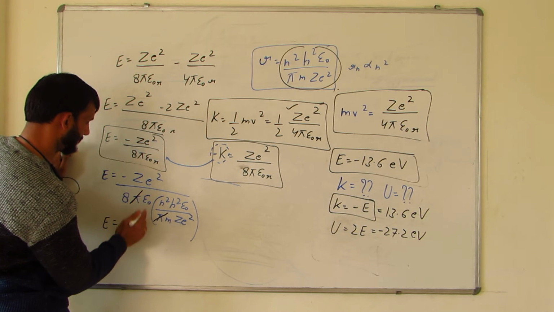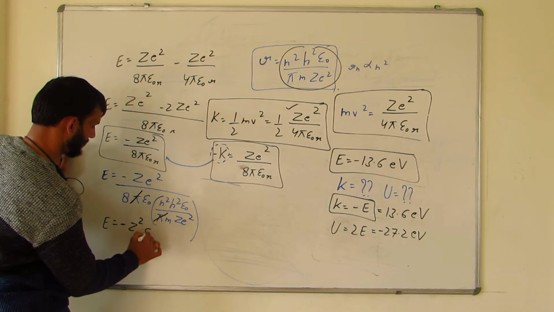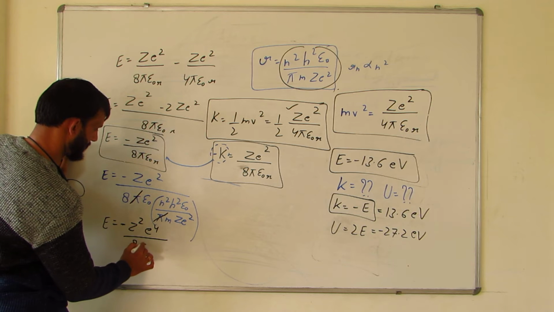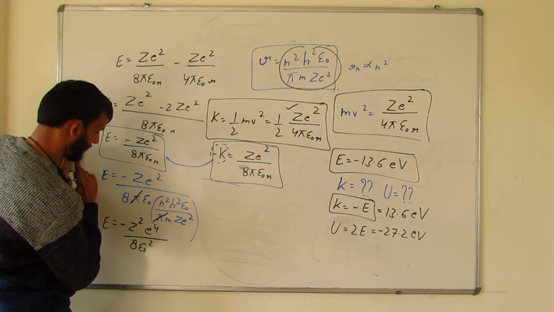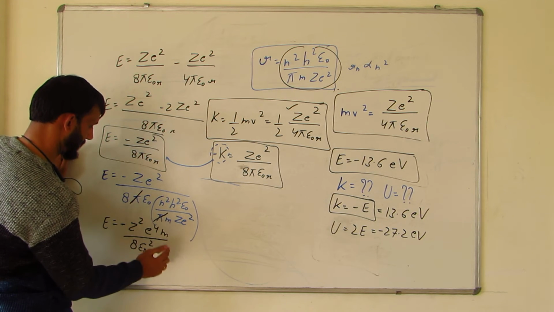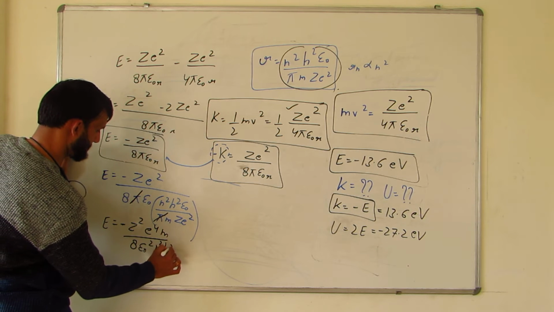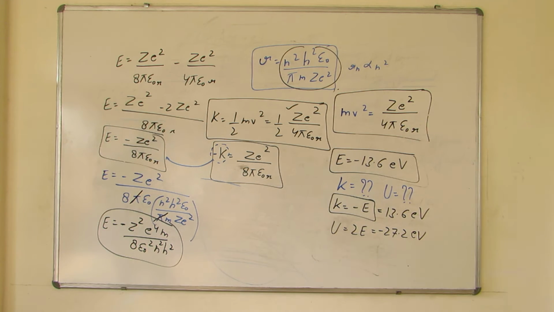This will go there. Minus Z square e to the power 4 m upon 8 epsilon naught square. Kindly check if I am doing it right. m will also go there actually. So this is the final expression for the energy, and from here